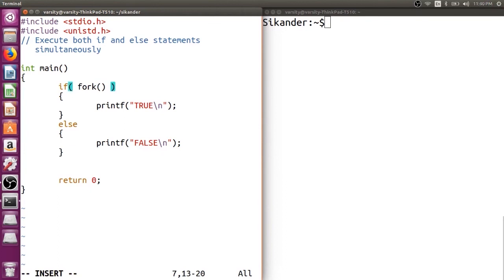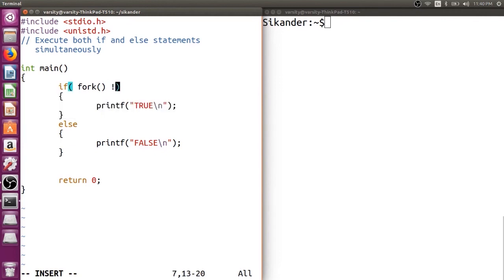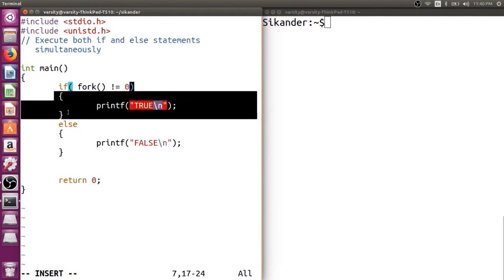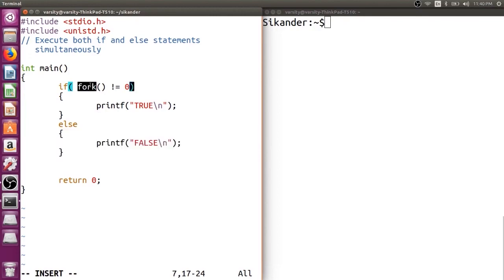Now here, if I want to execute this part in the parent process, I could just write this as not equal to 0. Then this part will execute in the parent process and this part will execute in the child process. So if you want to do the reverse, you can reverse the condition here. And in order to use this fork system call, we need to